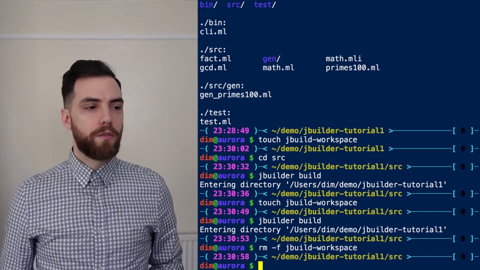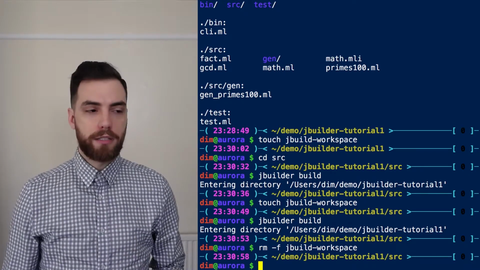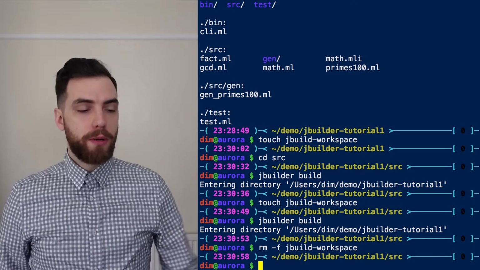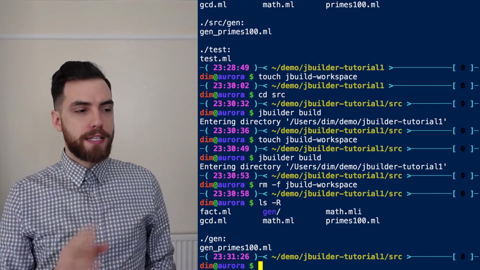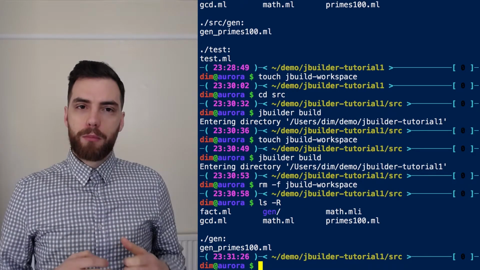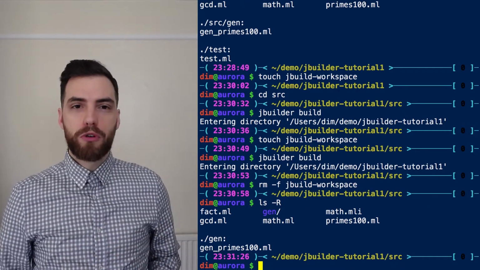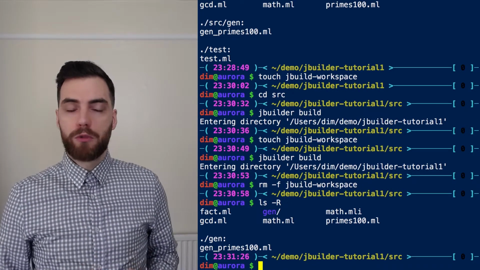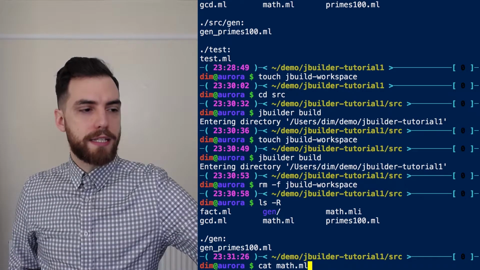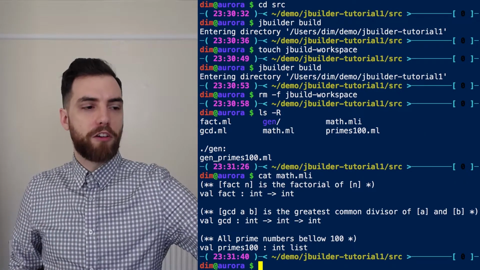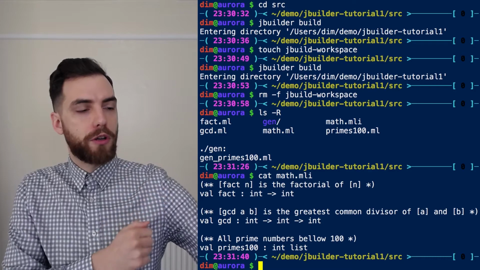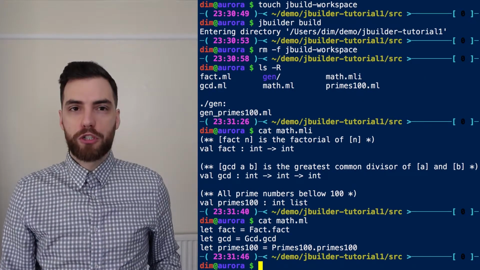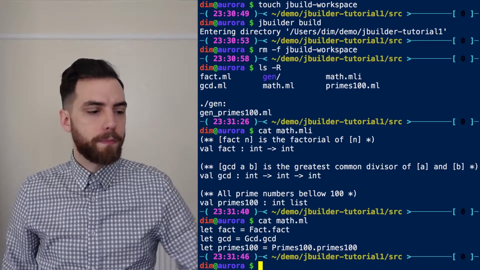and we are going to move on to the second part of this tutorial, which is describing the project. And we'll start with the library. So let's have a look at the sources of the library. We can see that we have several files, but in fact, I want the math module to be the public API of my library. Every other module is internal. So we can see in math.mli the public API of my library. We have a few functions with documentation. And the implementation simply imports the functions from the other internal modules.